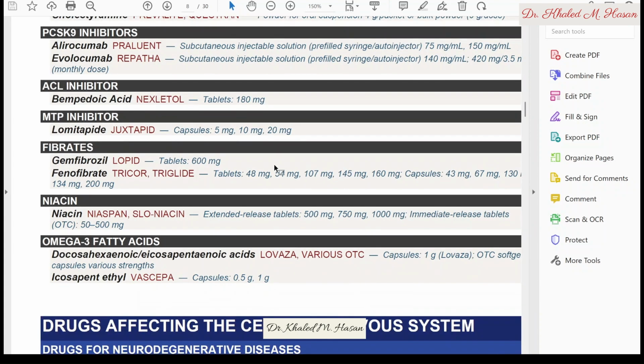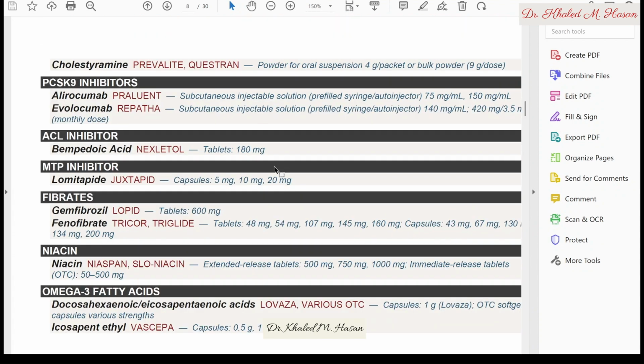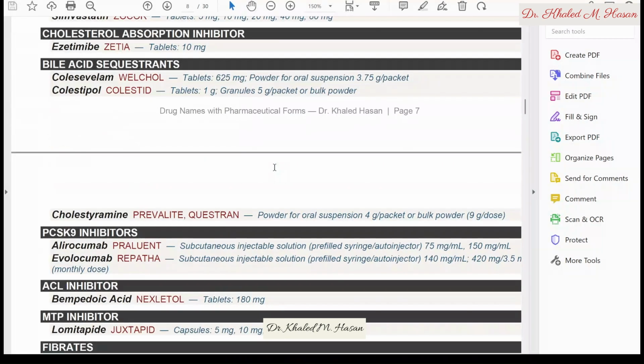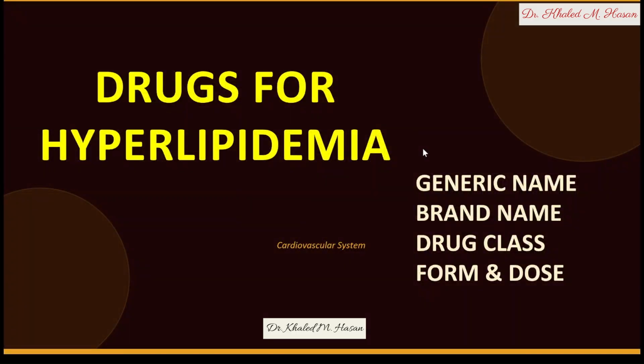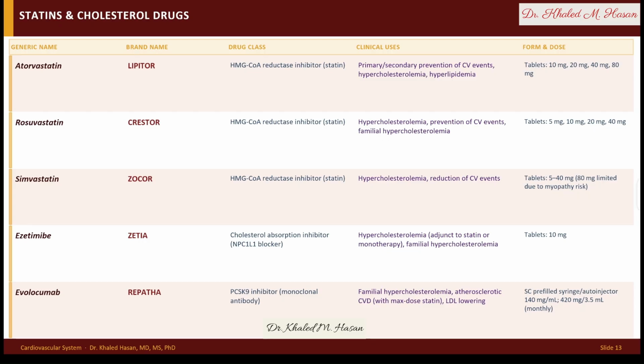Okay, so this is what we have for the medication used for hyperlipidemia, dyslipidemia, as you can see it here. So maybe return to the PowerPoint slide to discuss some important medication in the clinical practice for dyslipidemia and hyperlipidemia. As you can see here,